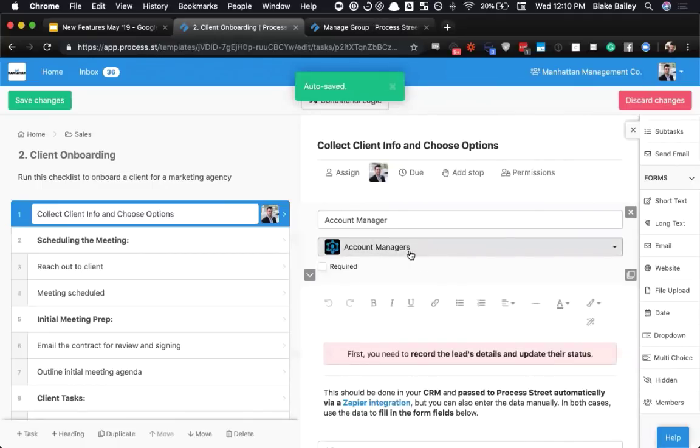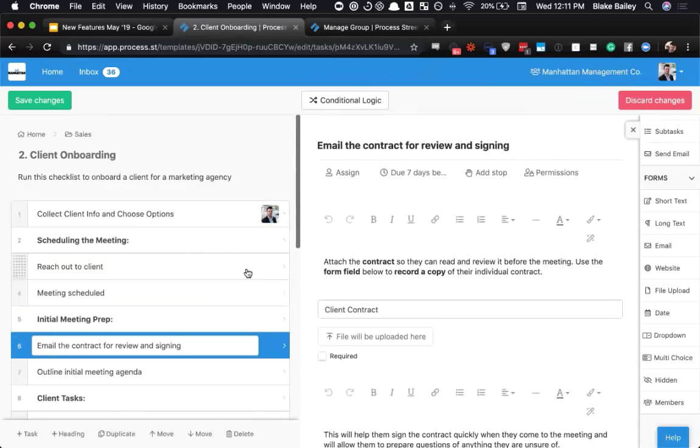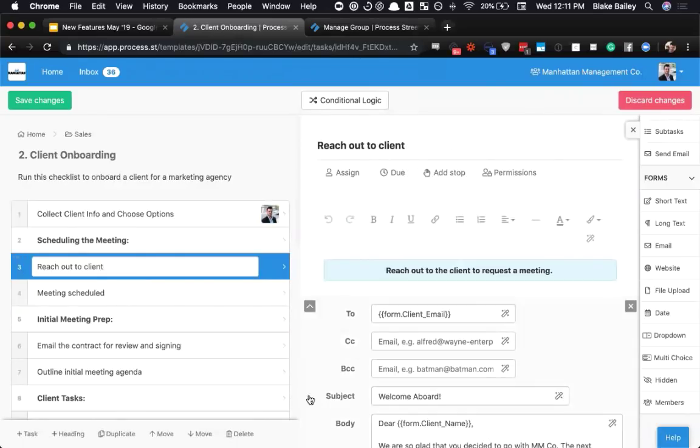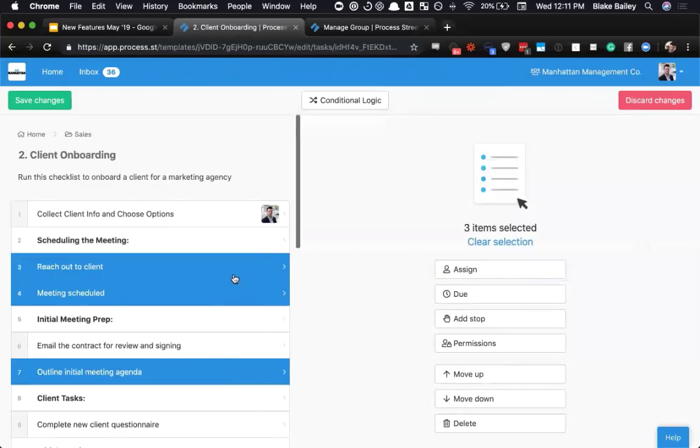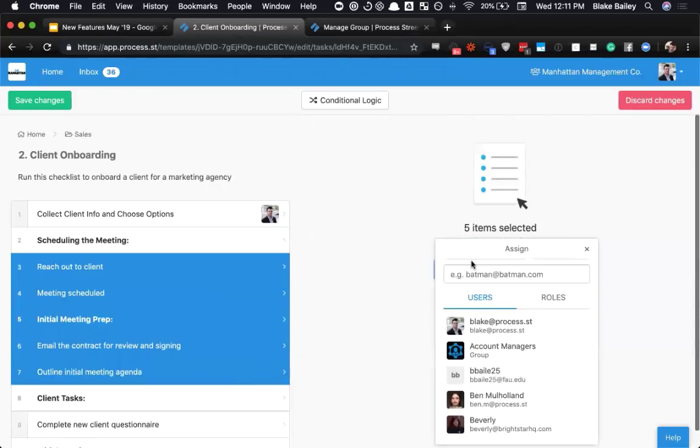Okay, now the last thing that we need to do to set up our role assignments is assign them. So the way that we do that is we're going to assign these tasks right here to that new account manager. And the really cool thing about Process Street is that instead of having to go one by one, we can use multi-select, another really awesome feature, to select all of these tasks at once. I'm going to hold Shift. Boom, I've selected all of those. If these were out of order, I could hold Command if I'm on a Mac, which I am, or if you're on a PC, you can use Control and do this. So if they're all out of order, you can do it that way too. But again, these are all in order, so I'm going to use Shift, select all of those,